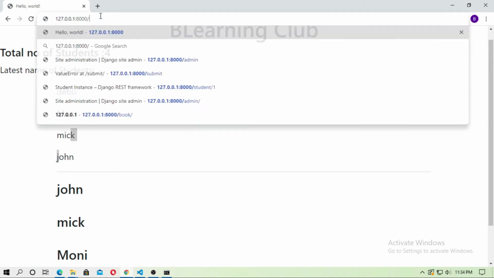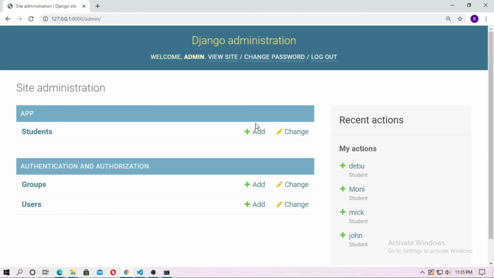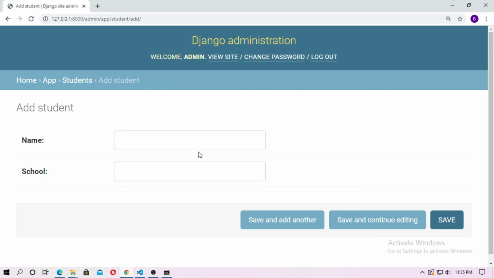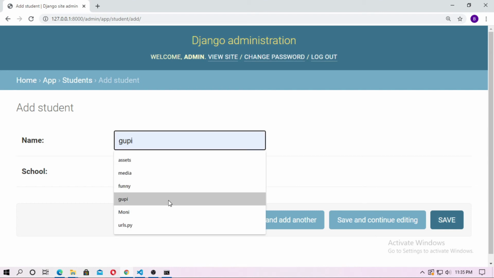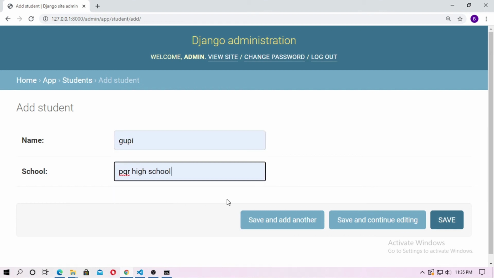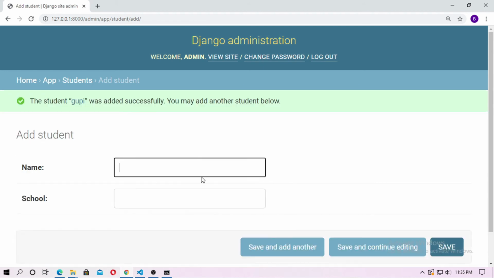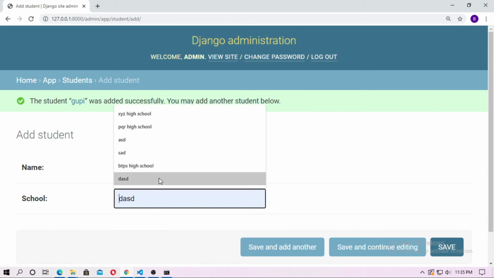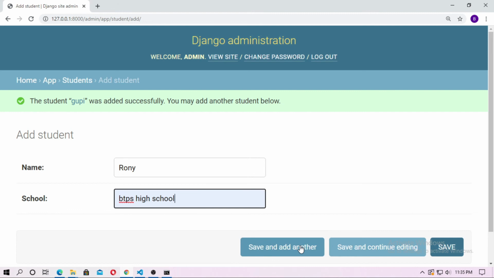Now go to the admin and create 2 more students. Type Guppy, and the school is PQS School, save it. Then type Ronnie, and the school is BTBS High School, and save it.